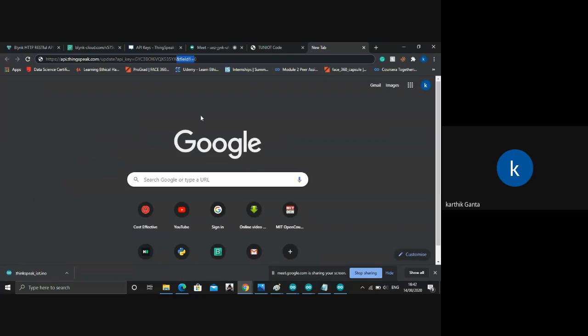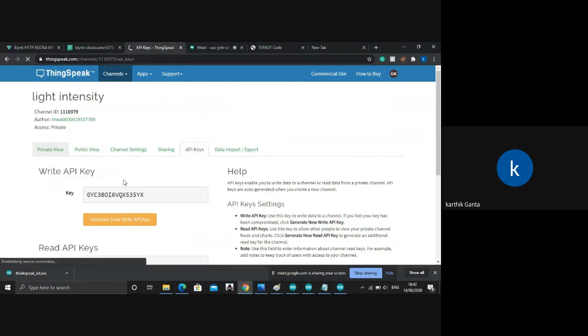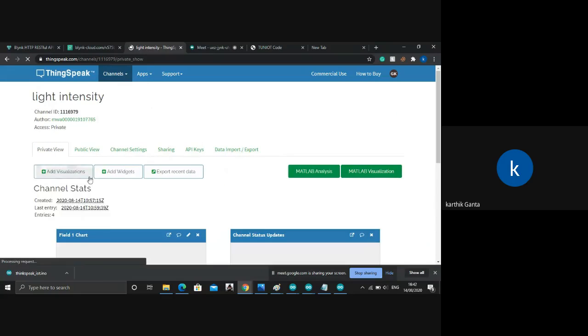Now these values will get updated in our ThingSpeak channel. Instead of us doing it manually, they will be updated directly.